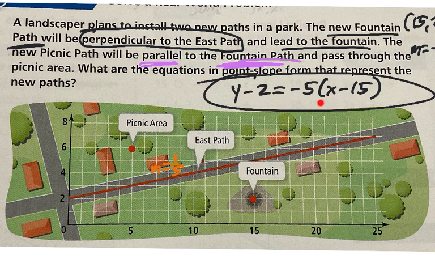This fountain path had a slope of -5, meaning the slope of the picnic path is going to also be -5. What else do I know about this new road? It must go through the picnic area. Where is the picnic area? At (5, 6). Meaning I know a point